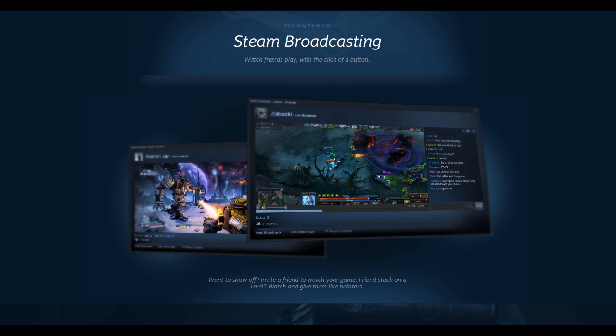It doesn't seem like, technically, it should struggle to broadcast at 1080p, even though it's 30 frames per second. It should still struggle to broadcast at 1080p on 3.5 megabits per second. But strangely enough,